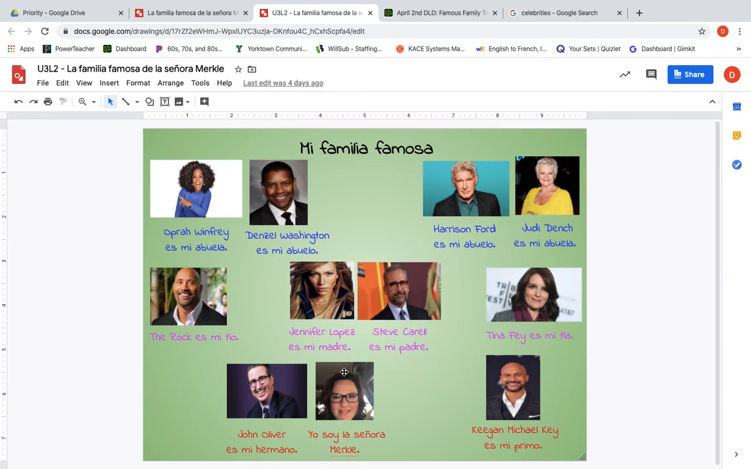So you are going to be the child in the bottom center, and then you need to include at least, I have 10, I think, but at least 9 celebrities on your famous family tree, and you need to also identify who they are in Spanish. So here I've got Tina Fey es mi tía, right? Oprah Winfrey es mi abuela, and so on. So have fun with it and play around,